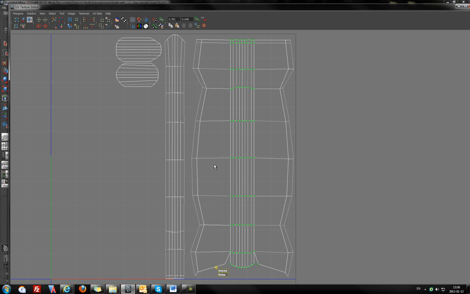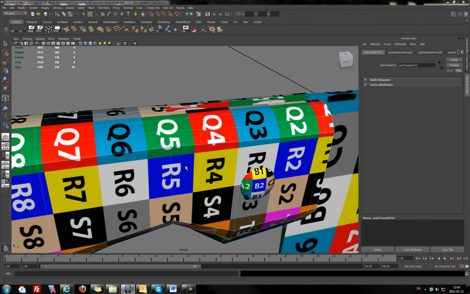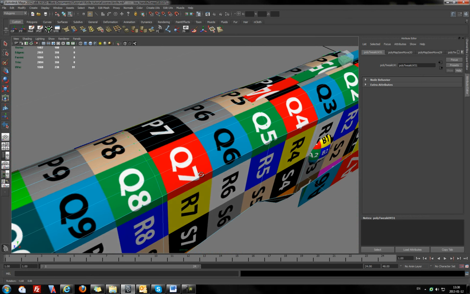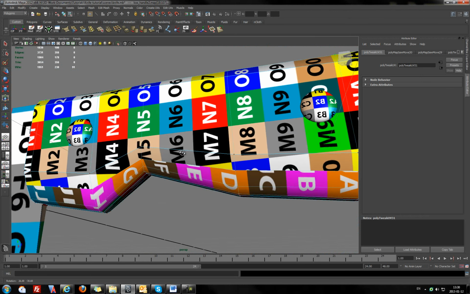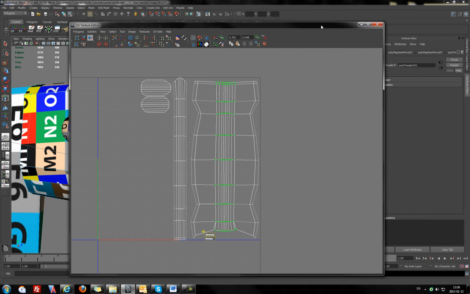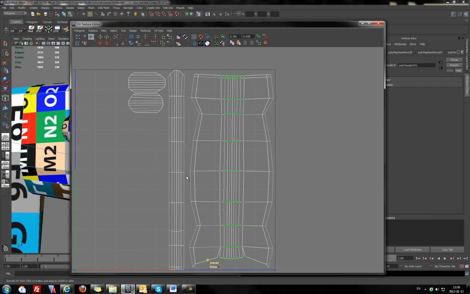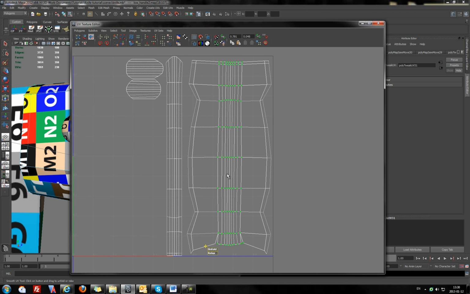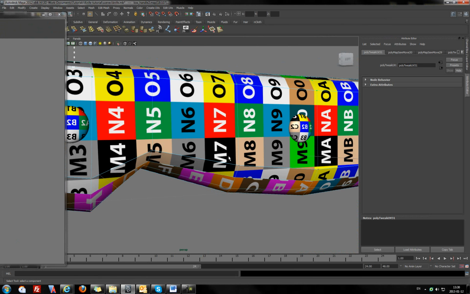I will try to use the unfold feature. Okay, now as you see, we don't have any distortion in this location, and you can tweak the same thing down here, but in any case you will have some seams, and you must try to